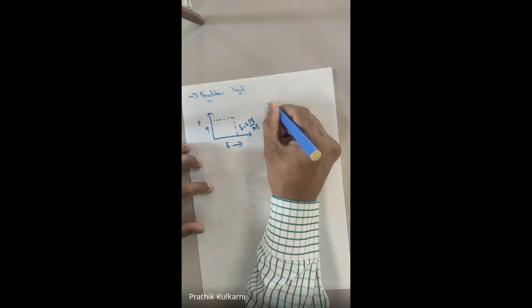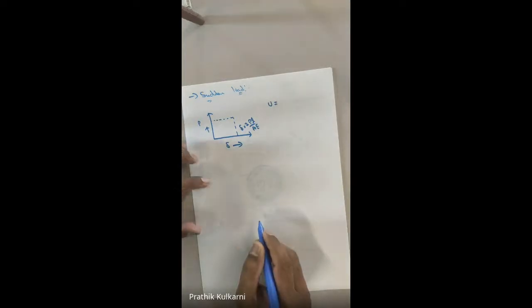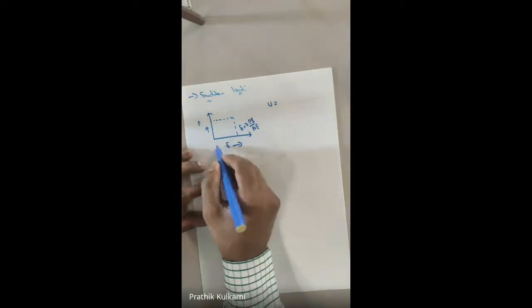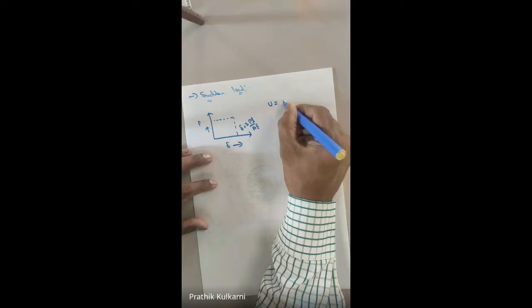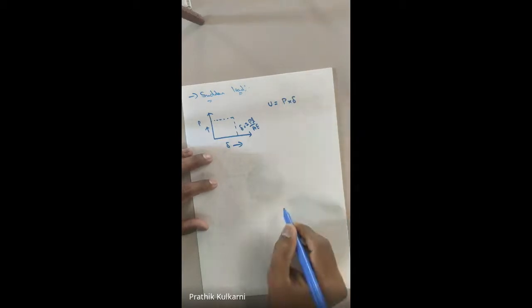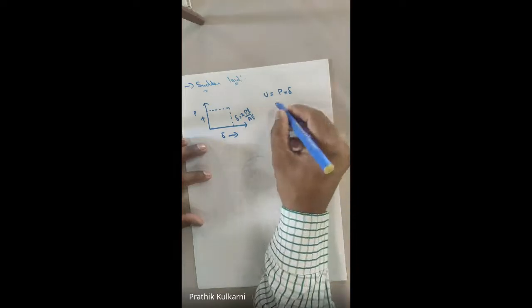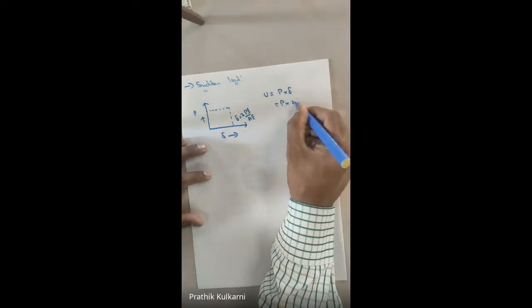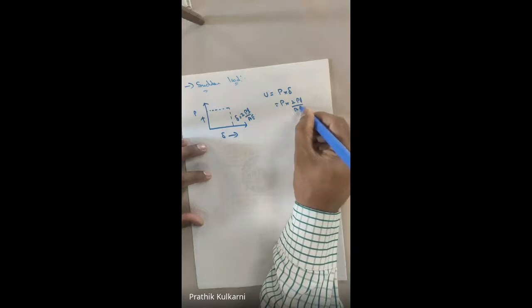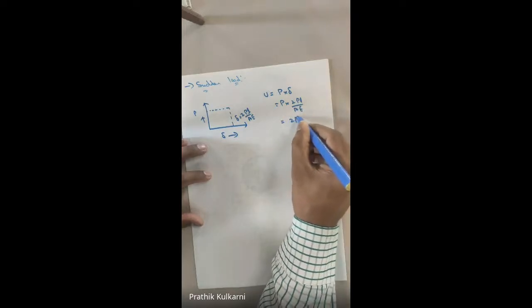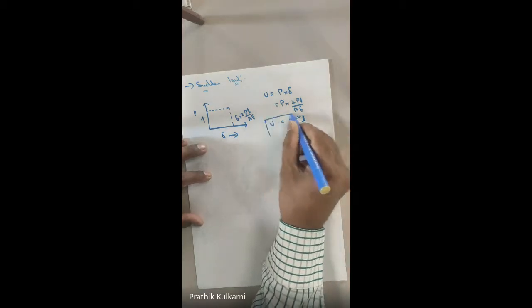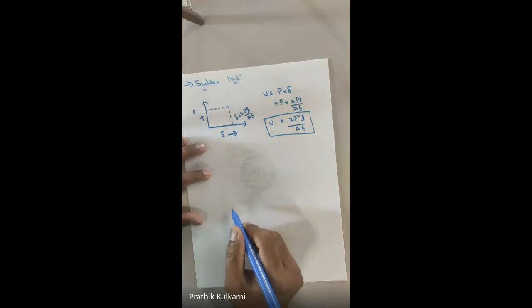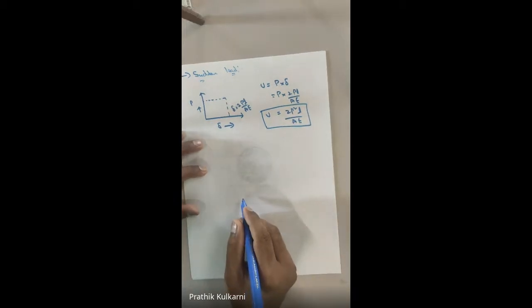So if you find out U here, now what is U? There it was a triangle, so I took half into base into height, the area. Here it is a rectangle. So what is the answer we have? P into delta, can I write? Yes, very good. So what is delta? I can write P into 2PL by AE, which is equal to 2P square L by AE. So this is the first equation, in terms of loading.